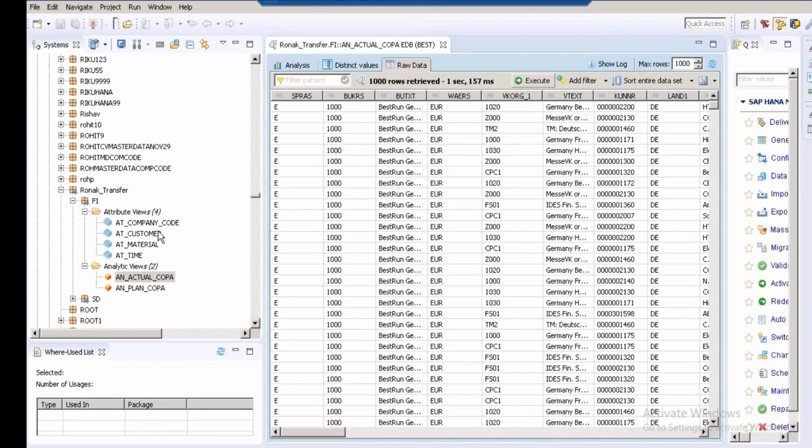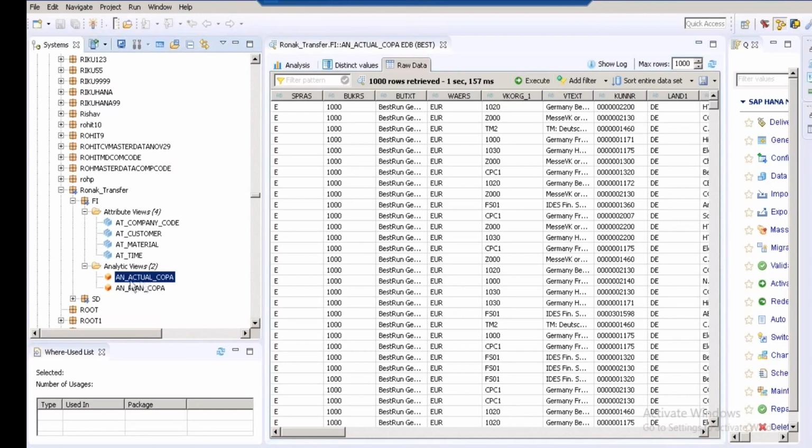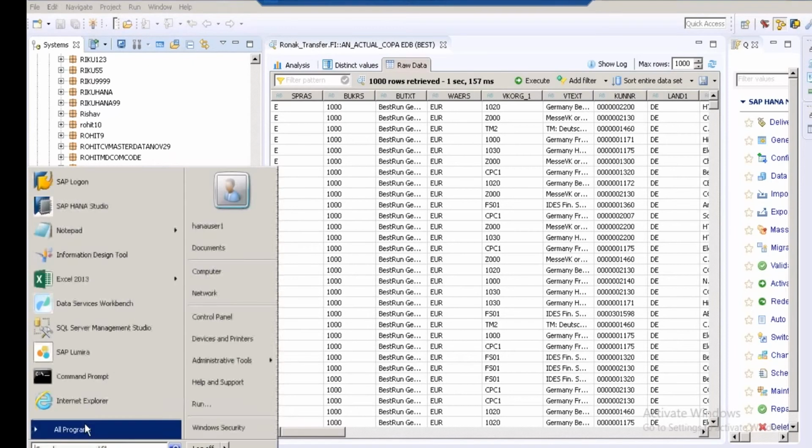How can you create an OLAP connection? What is the meaning of OLAP? OLAP means online analytical processing. Now, in order to create the connection, click Start, click All